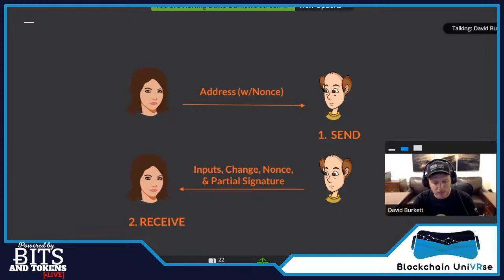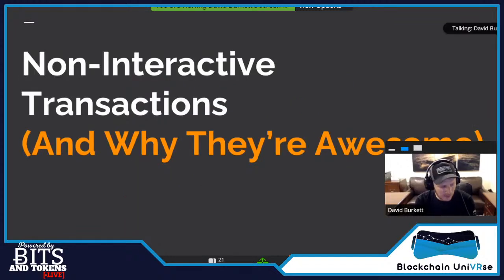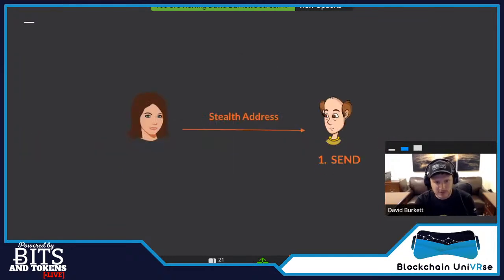But we can take it even farther for Litecoin. We can do something that's called non-interactive transactions. And this is kind of like the holy grail of usability. It's like typical Litecoin transactions today, where you don't have to interact with the receiver at all, other than to know their address. Once you know an address, you can just send to someone as many times as you want, as many different values, whatever. So just a standard process. You get a stealth address instead of an address that ends up on chain. And I can't really go into the details of it. It's a little too complex for the amount of time we have here.